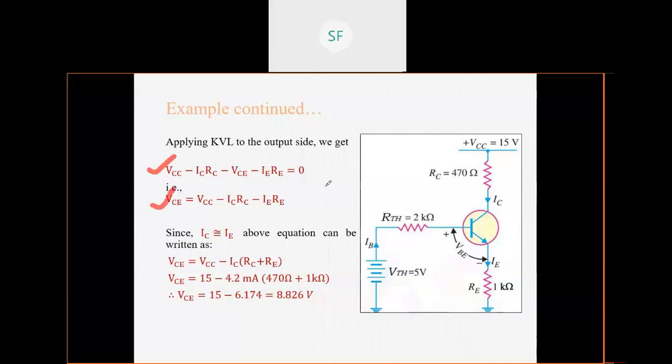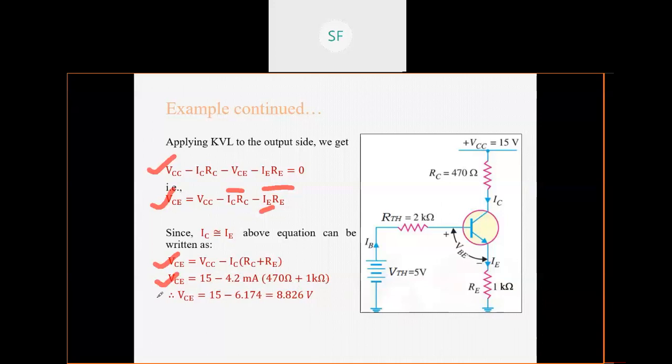Okay, तो VC इस साइड में लेके गए हमें, and the remaining terms are as it is. VCC minus ICRC minus IC. Again we know that IE is nothing but IC, approximately equal, so we are replacing this IE by IC. Okay, so there is IC in this term also and in this term also, so we are taking IC common, hence you are getting this particular equation. And then you have to just put the values. So the value of VCC is 15 volt, it is already given. IC we have calculated as 4.2, RC 470 ohm, and RE 1 kilo ohm.